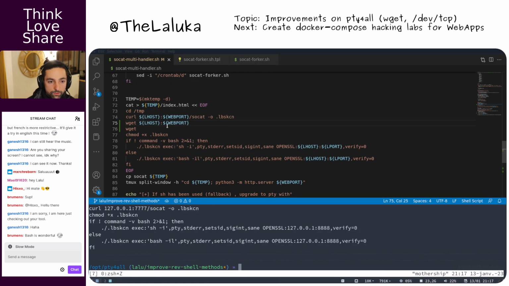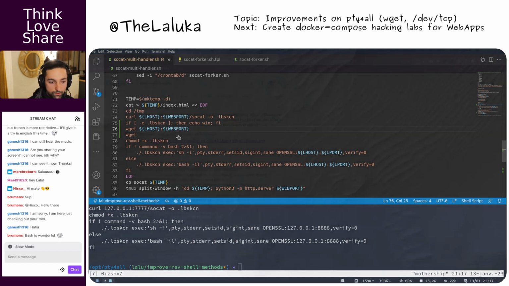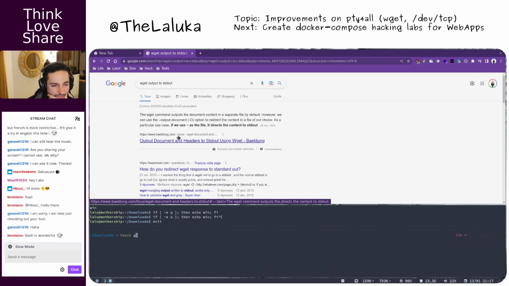So, to achieve this, our file is named like so. And actually we want, if our file does not exist, so if there is no file named A, then do that.